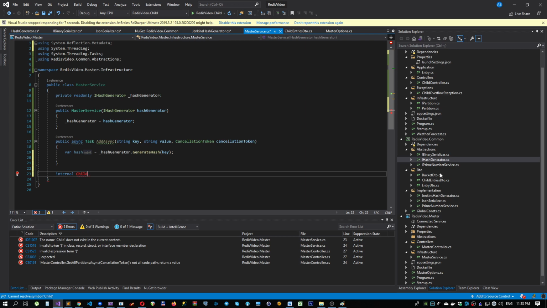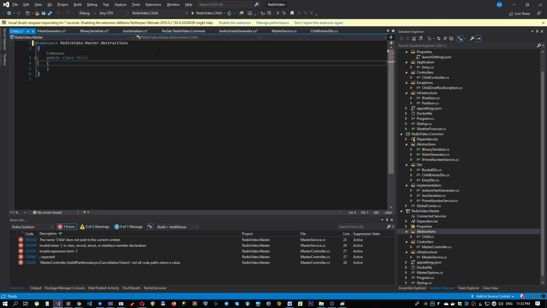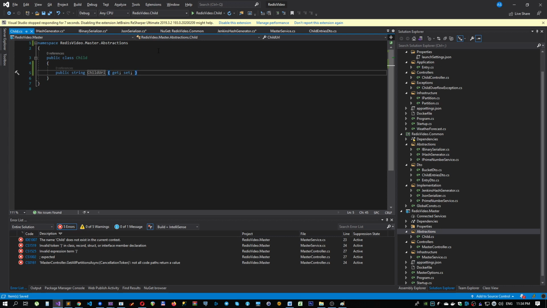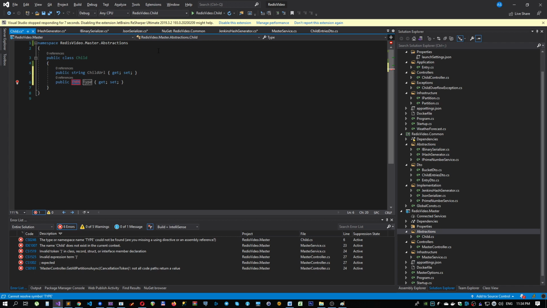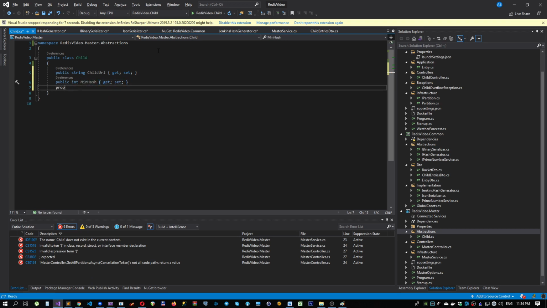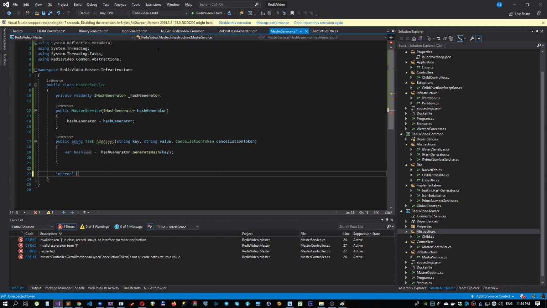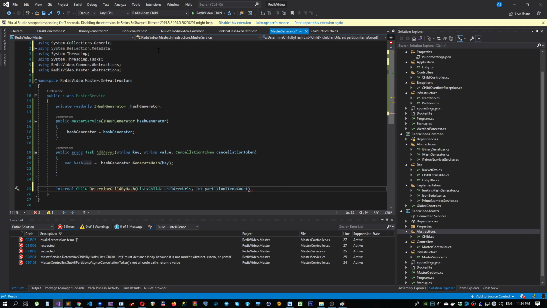Also, we need our abstraction for a child. We should initialize a list of our children with the following parameters. It should be a string child URL, because we need to know where to send our HTTP request. We should know the lower bound of hashes and the upper bound as well. And also, in order to determine the particular child,